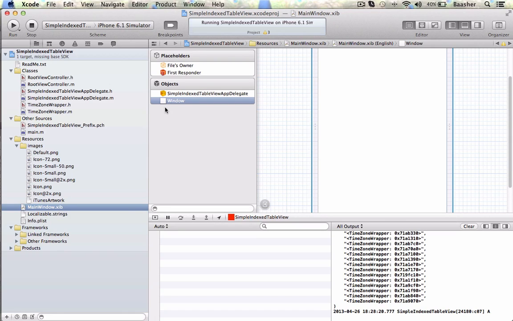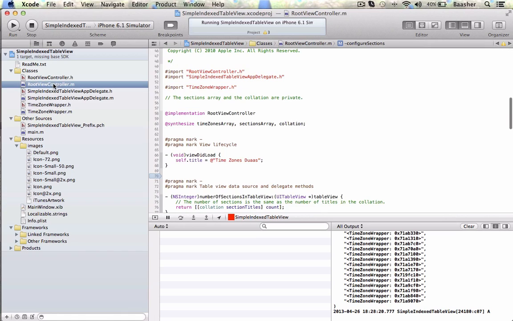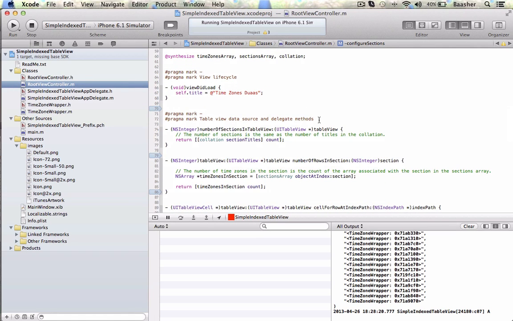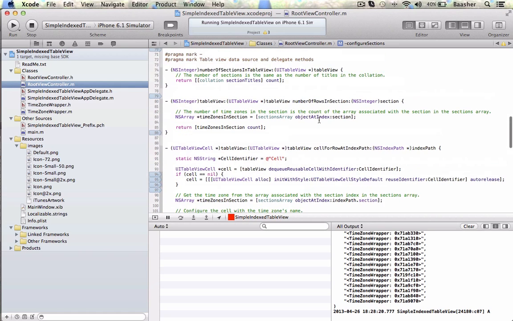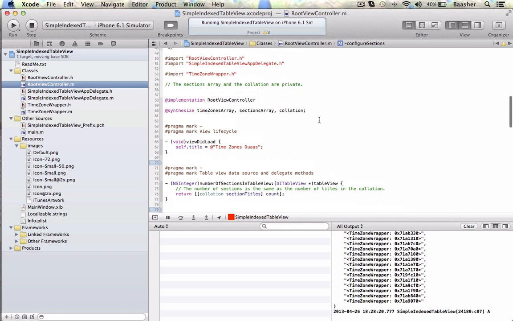On the storyboard, I would start with a table view controller, but they have already done that here. So the table view's source code is in here. Now what I'm going to do is set some breakpoints. View did load method,